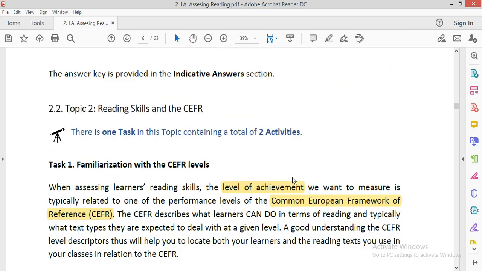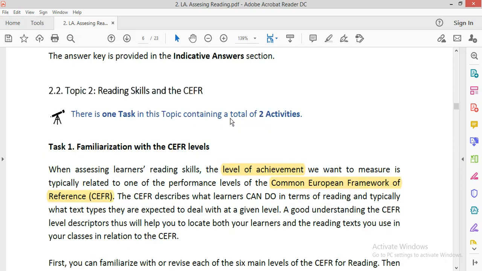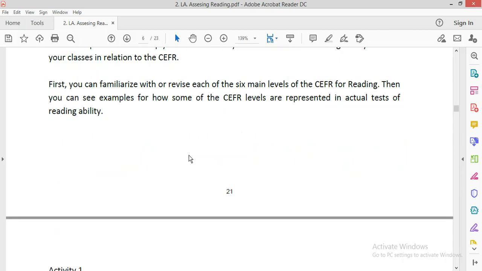Then topic 2, reading skills and the CEFR. Okay, reading skill, familiarization of the CEFR level. This is to indicate the level. Different texts indicate different levels. We want to measure something that is typically related to one of the performance levels of the Common European Framework of Reference. Okay, next,